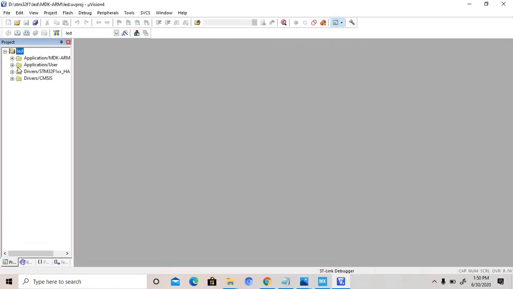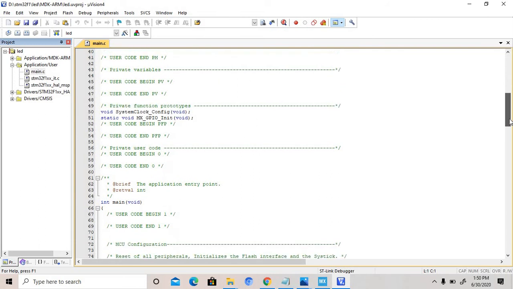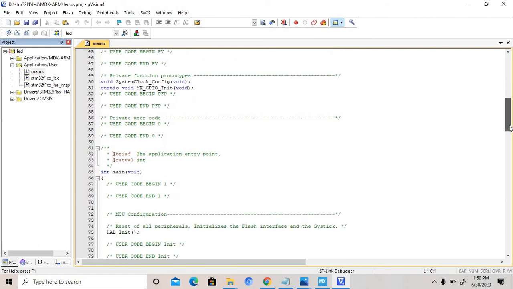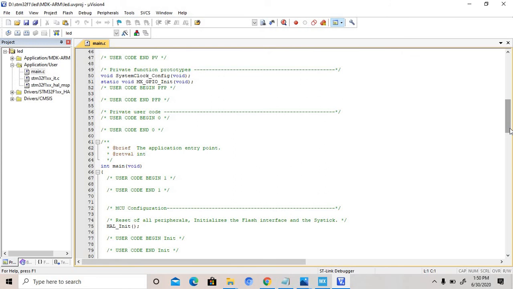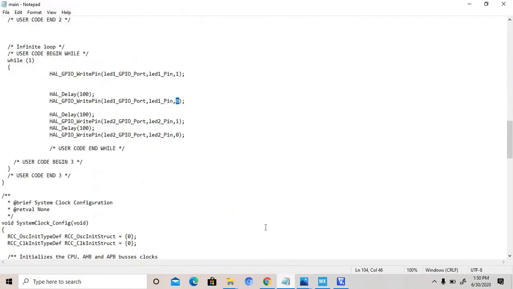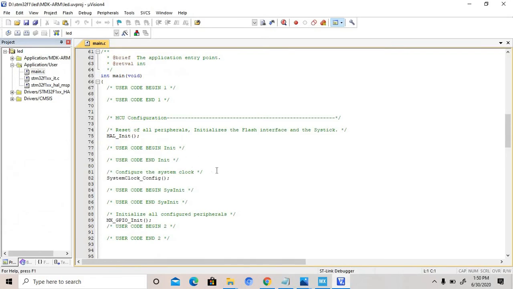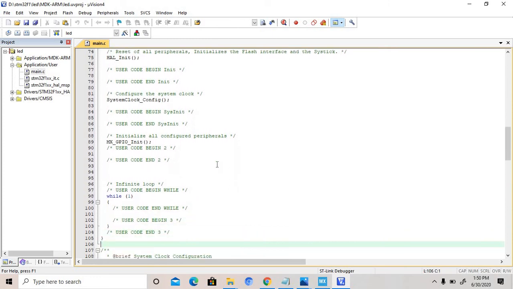This is my project. Go to the application, then main, then go to void main. This code, in between while 1, I will explain first. In the while 1 loop, this is my while 1.